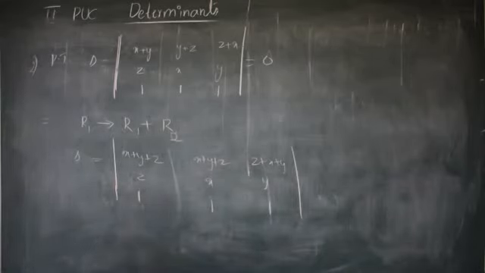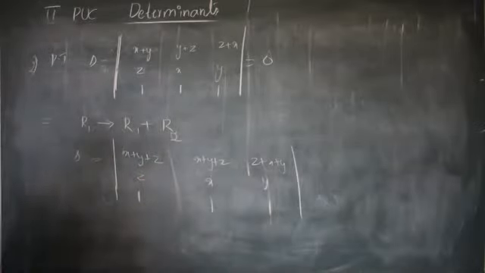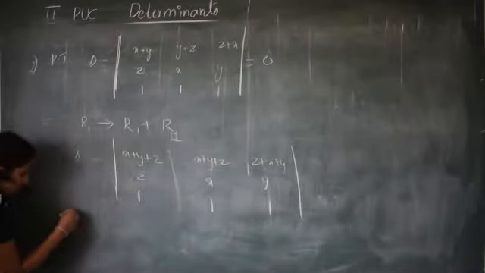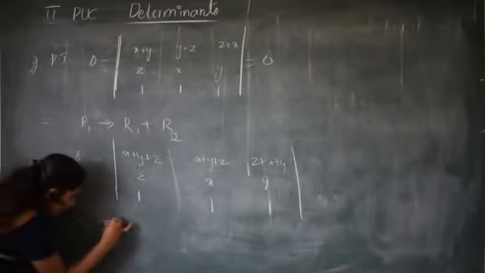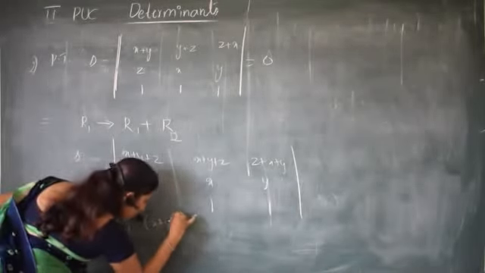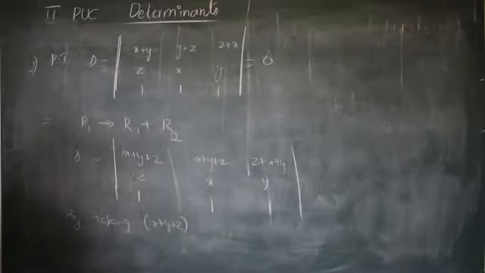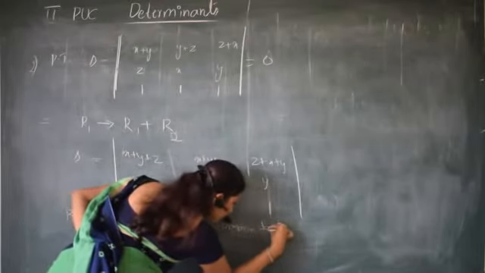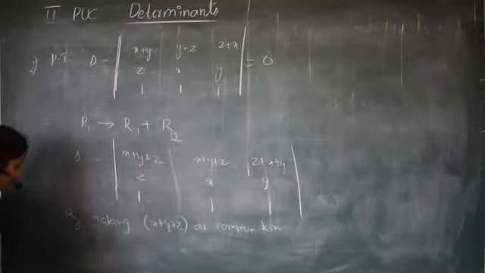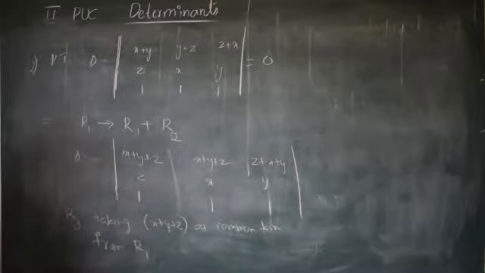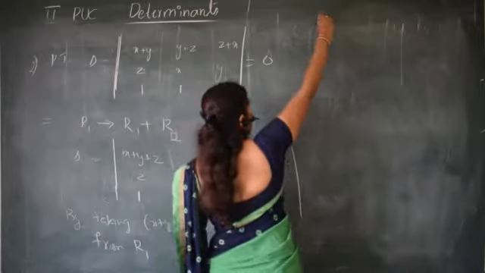So we can take x plus y plus z as a common term from R1. So delta becomes